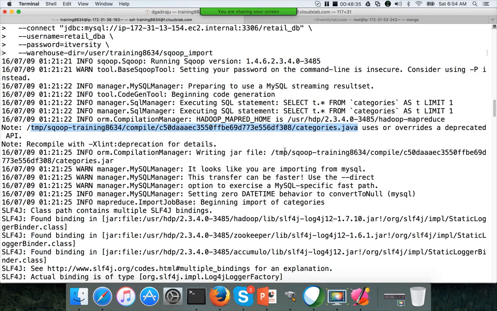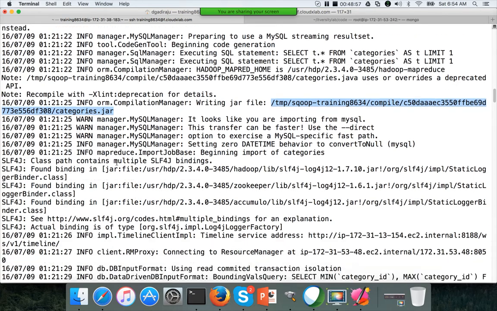Once that Java class is generated, Sqoop will compile a jar file that needs to be submitted as a MapReduce job. This jar file is similar to our examples jar which we ran earlier to validate MapReduce jobs. Once that is done, it will submit a job. It will have map logic. It will not have reduce logic because Sqoop import is primarily a map-only job, so it will not have reducer logic. It will have the job configuration.